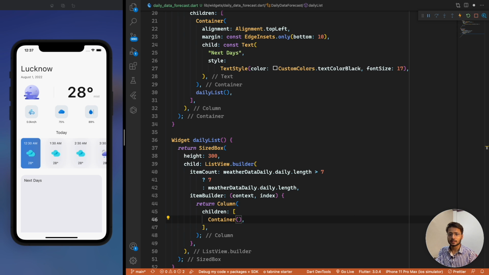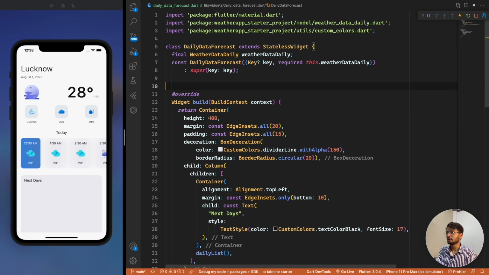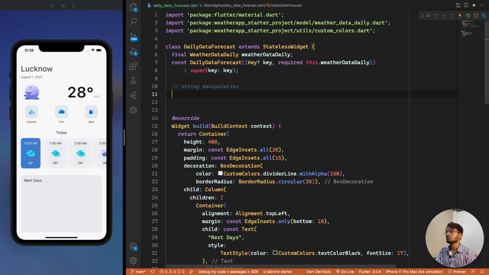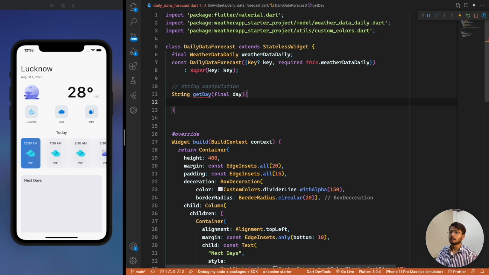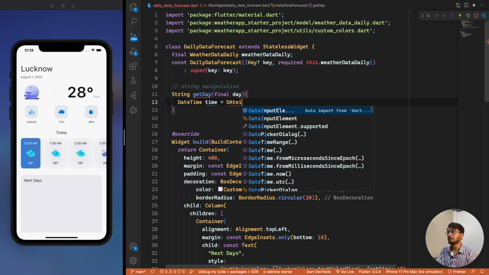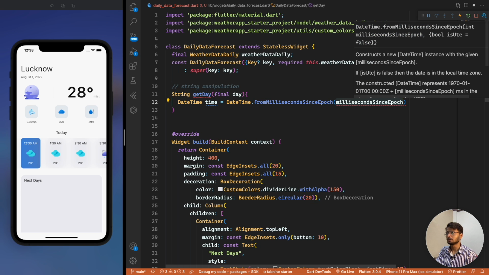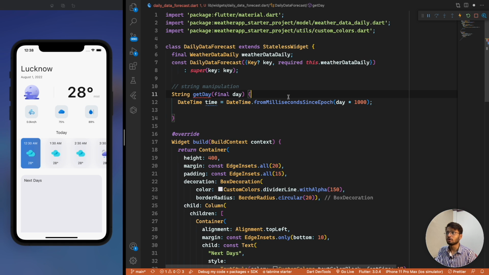For getting the current date, what we can do is write, let's say somewhere here, a string manipulation, and we will write a String getDay, or rather get day, in which we will take the value of day. And here we have to do DateTime first, in the same way that we did. So this will be DateTime.fromMillisecondsSinceEpoch. We will get the day, we'll multiply that by 1000,